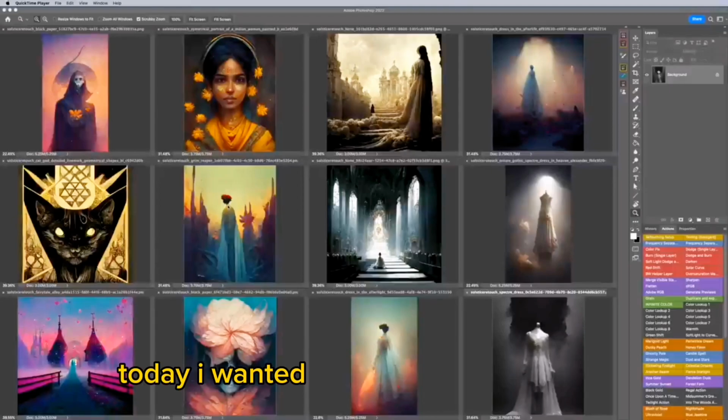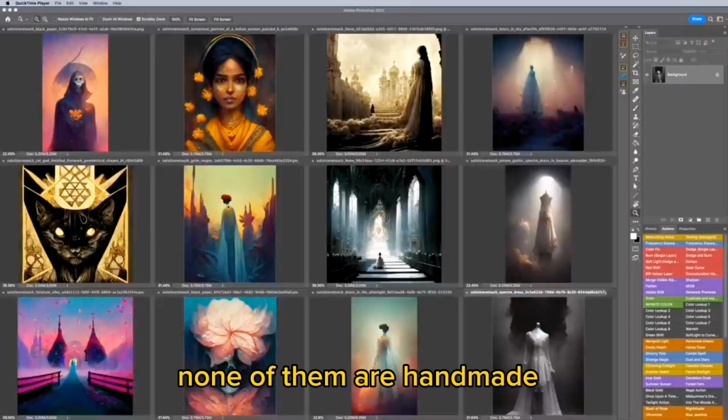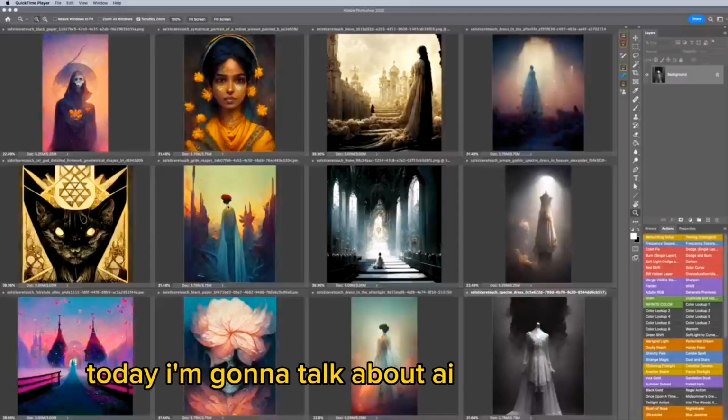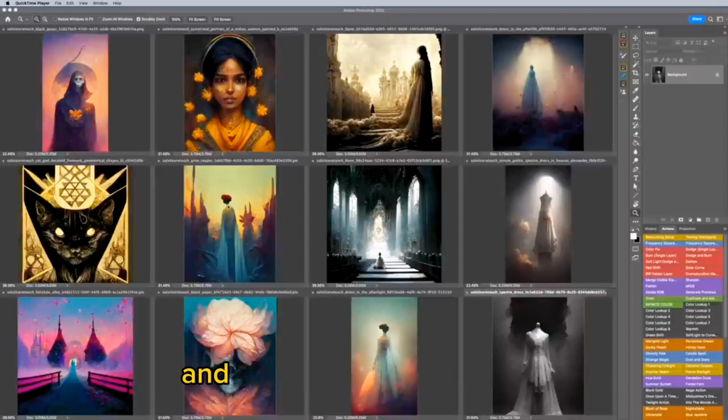Hello everyone, today I wanted to talk a little bit about the images before me. As you can tell, they are beautiful, and the funny thing is that actually none of them are handmade. They're all made from artificial intelligence. Today I'm going to talk about AI art, especially and specifically MidJourney and how to use it and get it